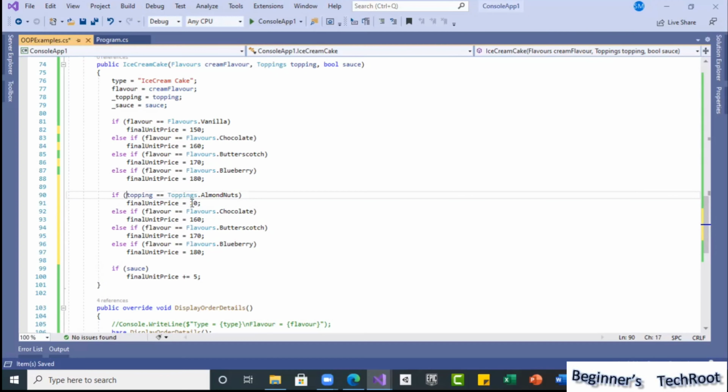And here inside toppings, instead of almond, I am going to take the next one, choco chips. Okay, I will just keep it as 20 rupees.